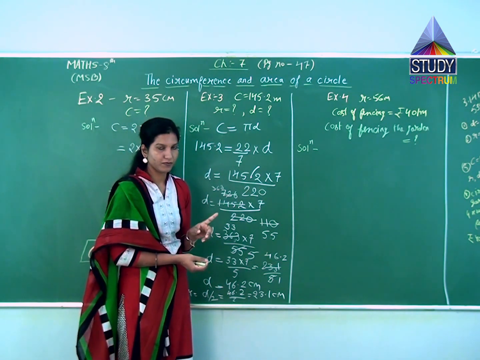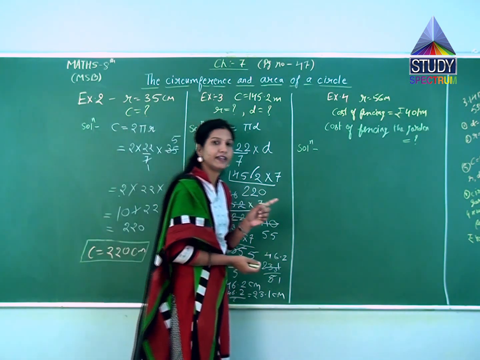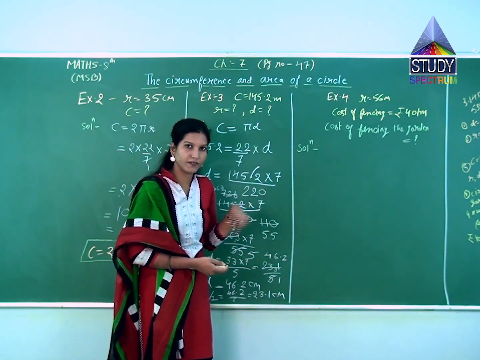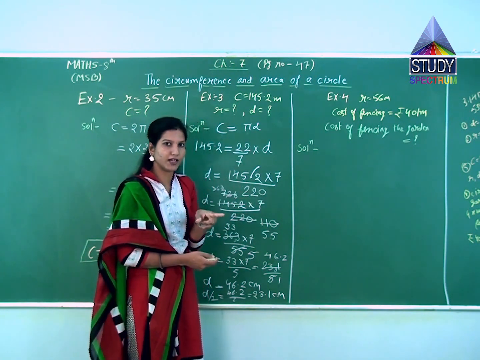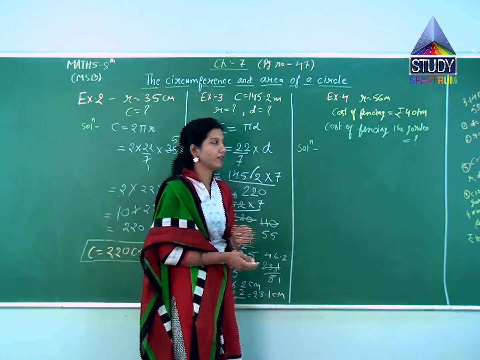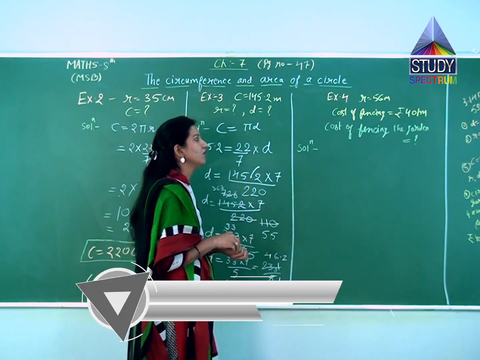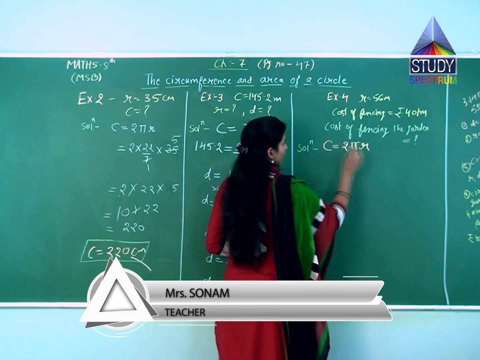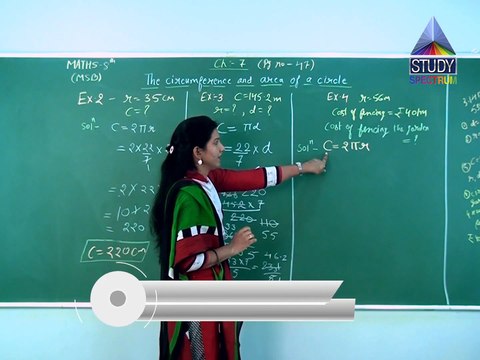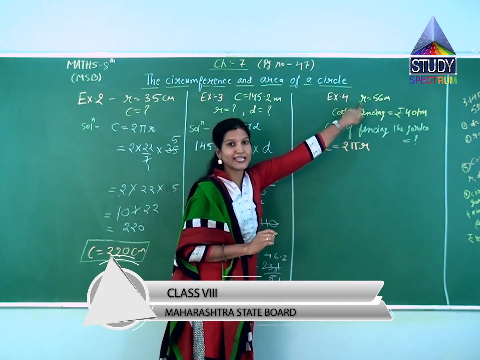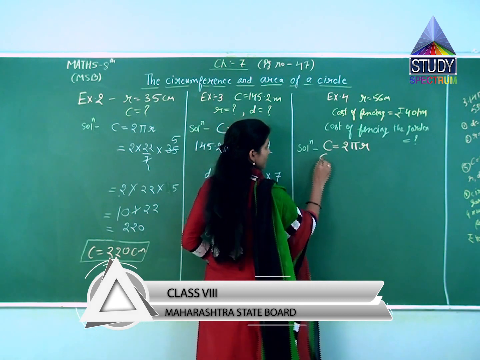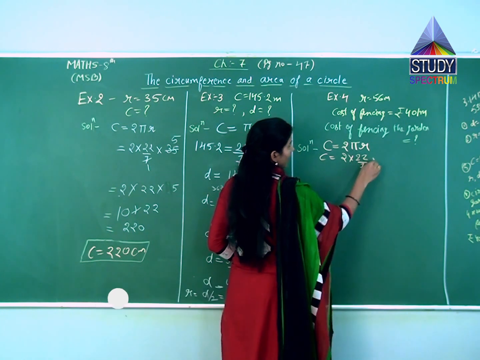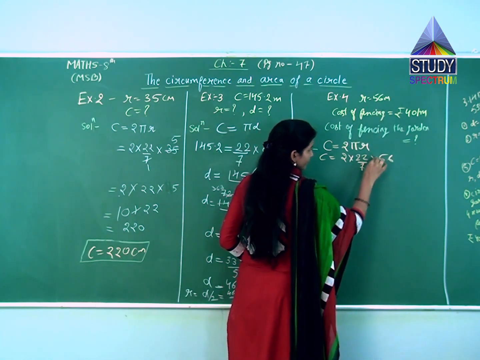The cost of fencing 1 meter is ₹40 per meter, and he wants to fence the whole garden. So what will we find here? The circumference, because fencing can be done on the corner of the circular garden, that is the length of the circular garden, which will be equal to the circumference of the garden. So at first we will find out the circumference of the garden, that is equal to 2 pi r. Why will we take 2 pi r here? Because the value of r, the radius, is given.